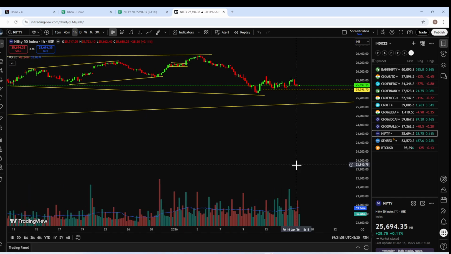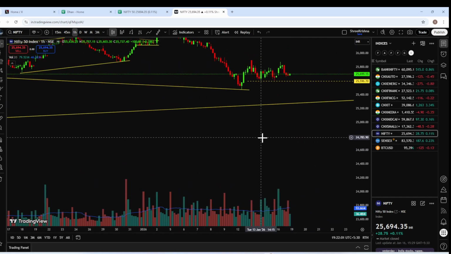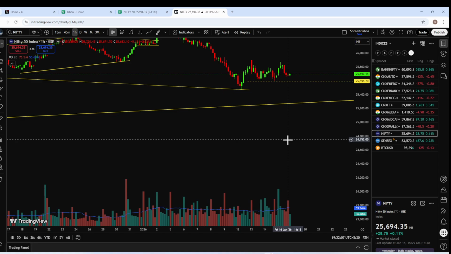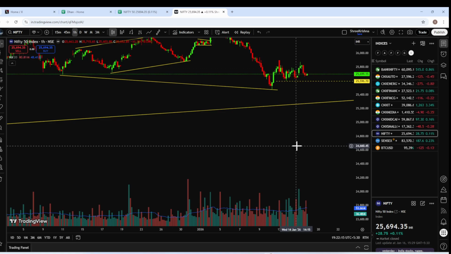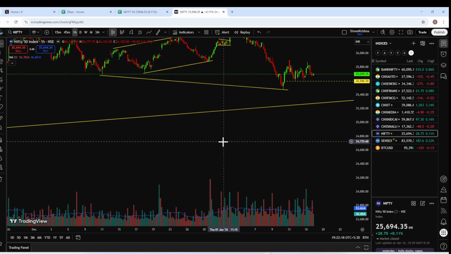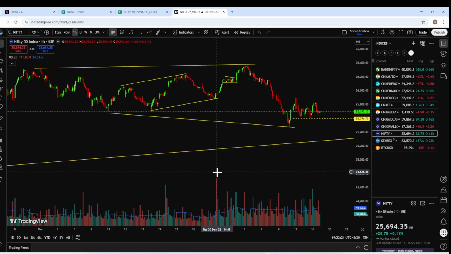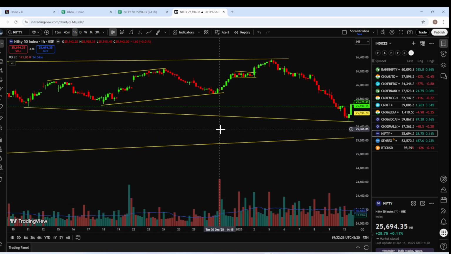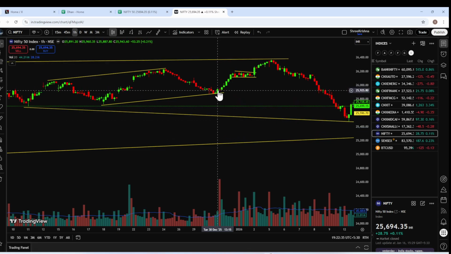So when we go on 1 hour, what we see is the huge volume on the upside move, and then it drops back. Then again volume comes back to 76 million, and when it is going up, it is about 111 million. So there is a short recovery. I understand there is a short recovery, but I do not see any unusual volume on the Nifty. 141 million when it is going up, if you see carefully, 141 million quantity on a very small doji on 1 hour. This is the indication that institutions are playing here.